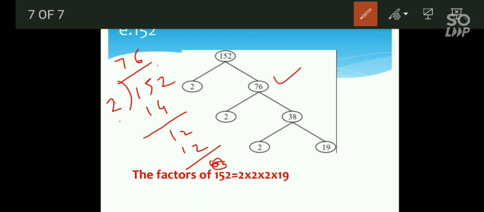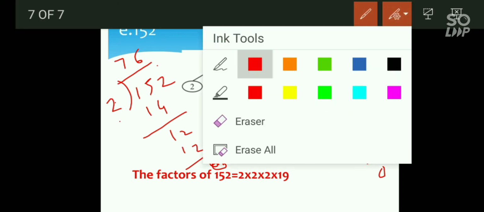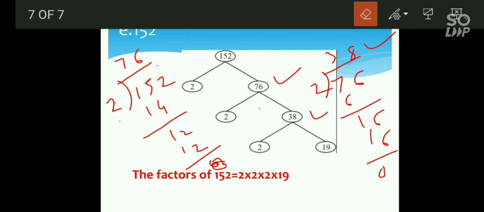Again, since 76 is an even number, you know that 76 is divisible by 2. So again you divide 76 by 2 and find the quotient. If you are confused, do simple division this way. But if there is no confusion, you can do 76 divided by 2 orally. 2 3s are 6, 1 left, 2 8s are 16. Here we got 2 into 38. So instead of 76 we have written 2 into 38. Again 38 can be split into 2 into 19. Now children, 19 is a prime number. So here all the numbers we got are prime numbers.